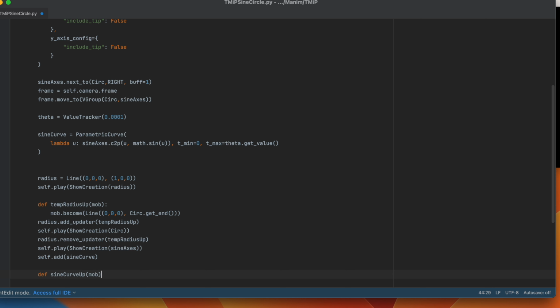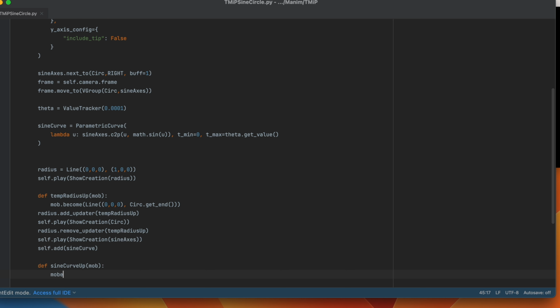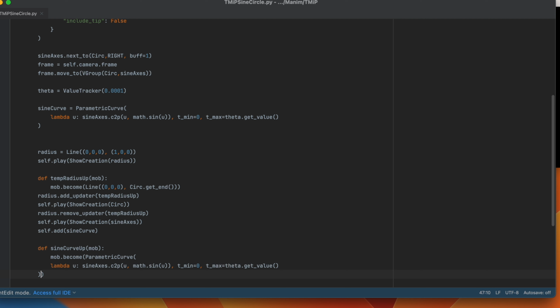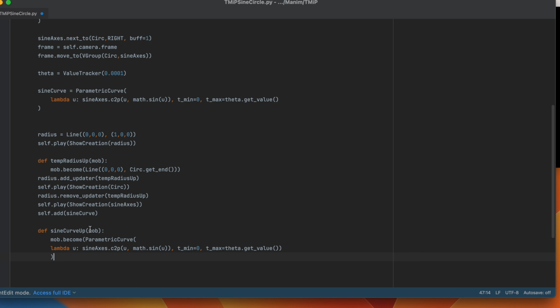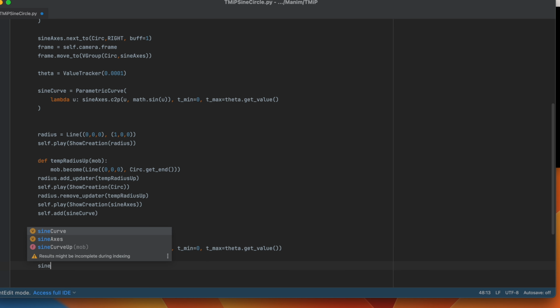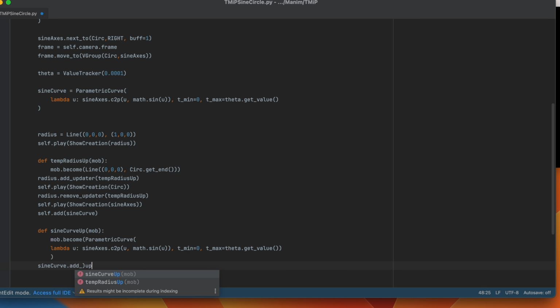It's going to take in an object, and it's going to take that object, and that object is going to become this thing again. So same exact thing. It's just now this depends on the theta value. So now we have this updater, sine curve up, and we see that it should end up making it depend on that. Now the only thing I have to do before doing that then is to take my sine curve, add my updater,